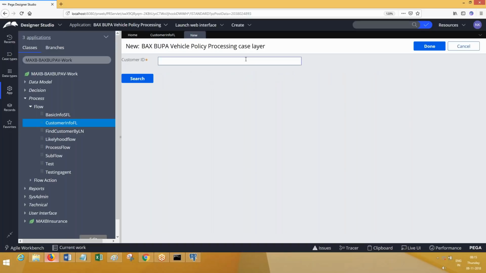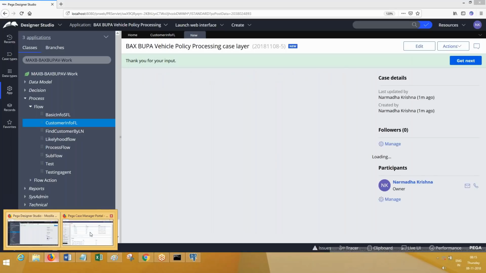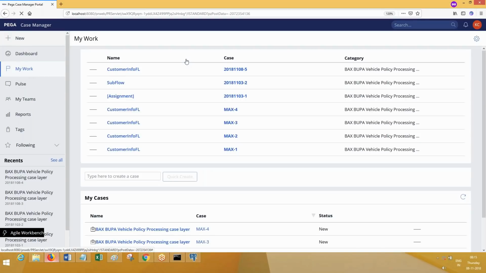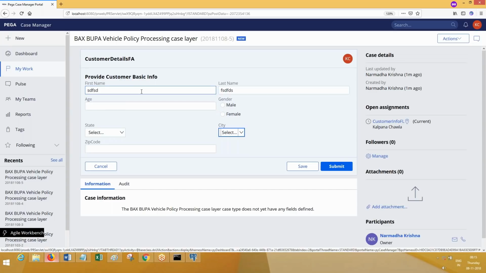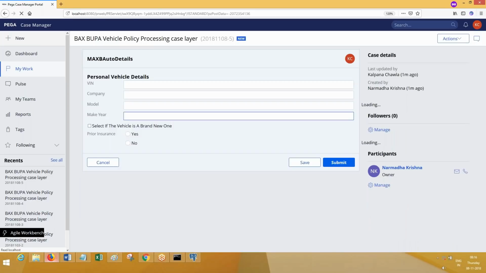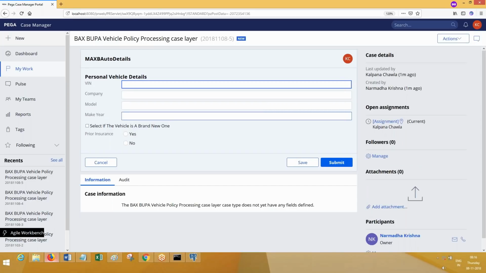Fifth case, right? This should be 5. Case number 5. My Work, fifth case. Sorry, it should be a sequential number, right? It is available. You need to check in and test it. Now next assignment is available to whom? Current operator. Who has become the current operator here? So from this you tell me who is the current operator.